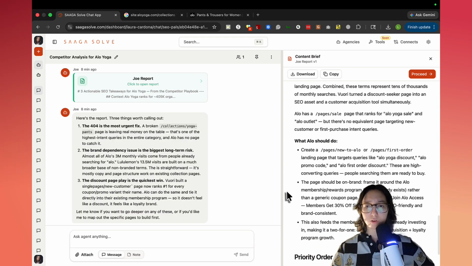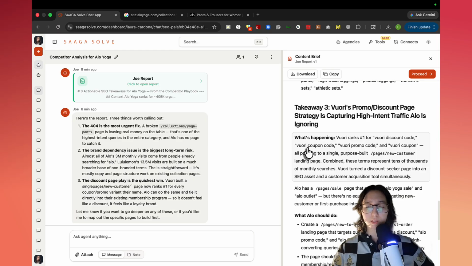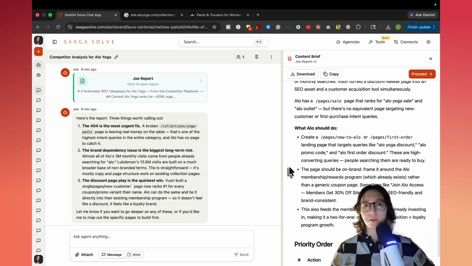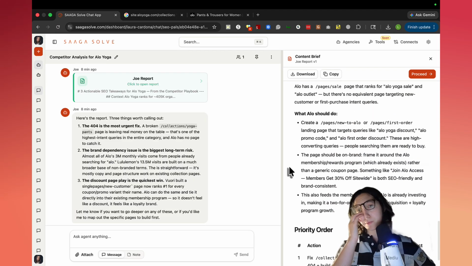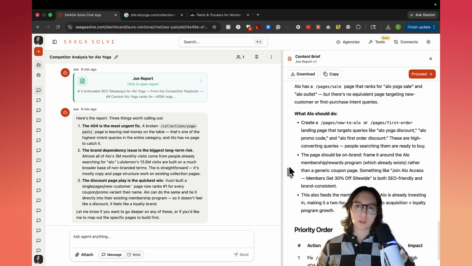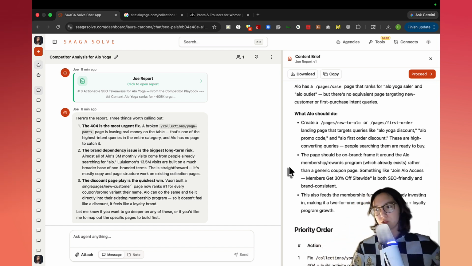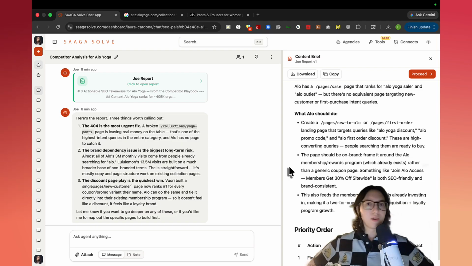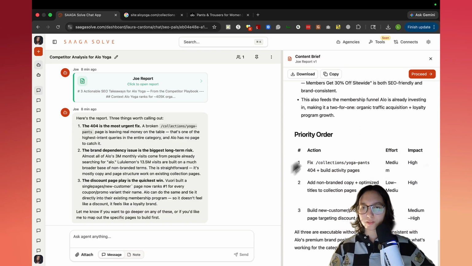And so Vori seems like they're really on top of capturing that traffic and making sure we convert people who are maybe just a few percentile points off of checking out. Because especially with these lower tier e-com brands, it's a race to the bottom on pricing, right? We've all been there. It spits me out a nice priority order.